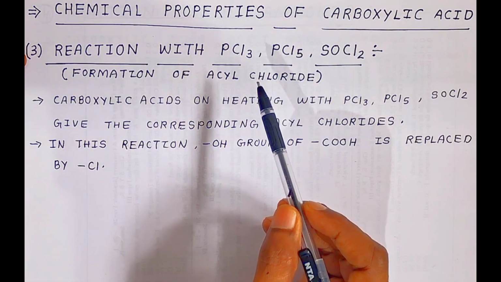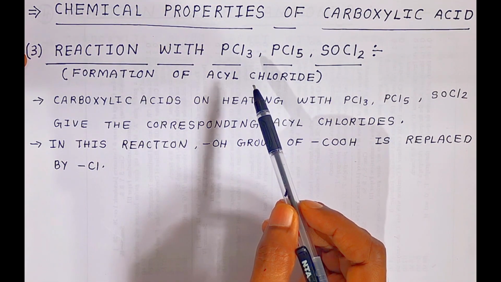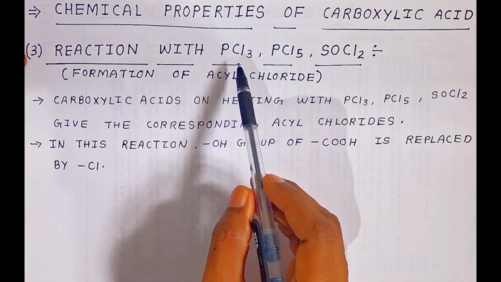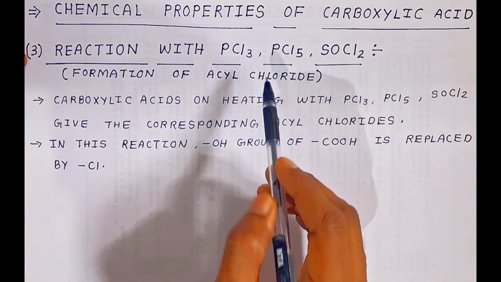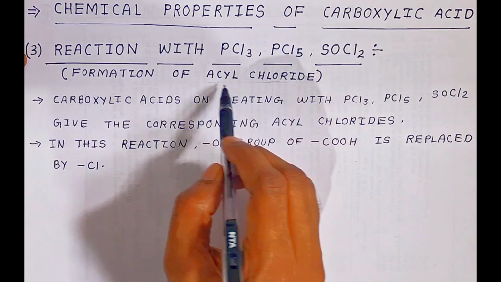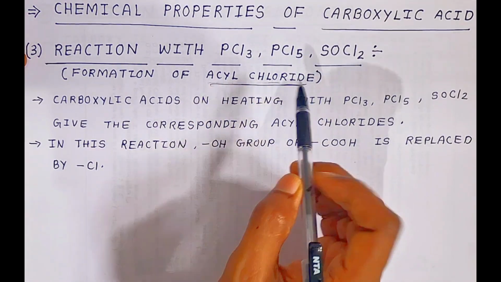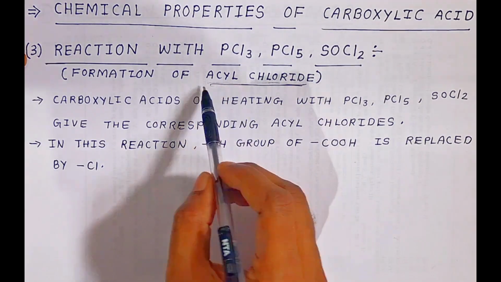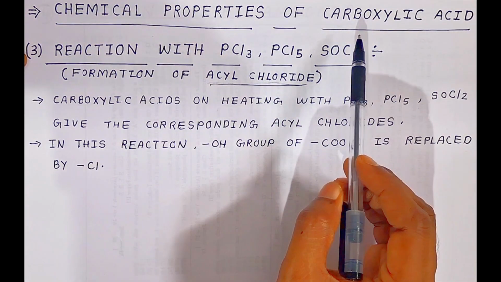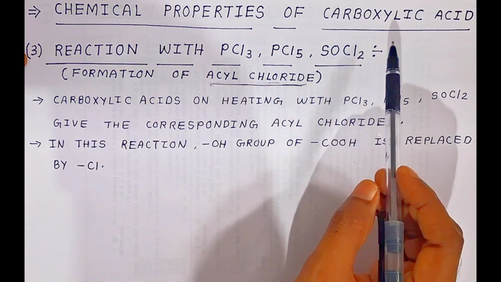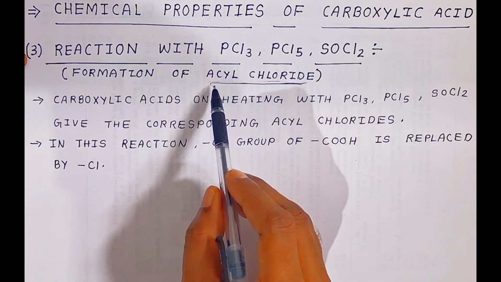Okay students, now you have carboxylic acid in your hand. Now we are going to react it with these three reagents. When they react, they will form acyl chloride. Only one product is formed, that is called acyl chloride, which is a very important product which we are going to use in drugs. So students, how are you going to convert carboxylic acid, organic acid, into acyl chloride, which is a very important product